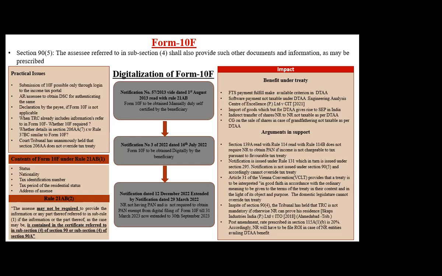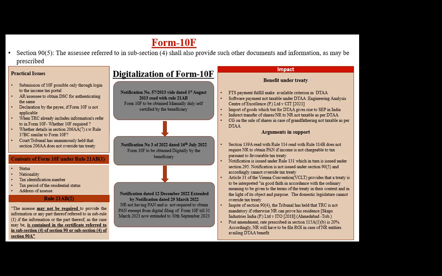So now how will this come into play? Digitally, the non-resident has to log in through the income tax portal. How will he log in? Through his PAN number. That is the only way. So he is going to log in through his PAN on the income tax portal, and then digitally sign through his DSC and issue a 10F. So two problems. The digital issue is there. He has to have PAN in the first place when he is going to issue a 10F, and he also needs to have a DSC. Yes. After that, he can issue a 10F and claim the treaty benefit.